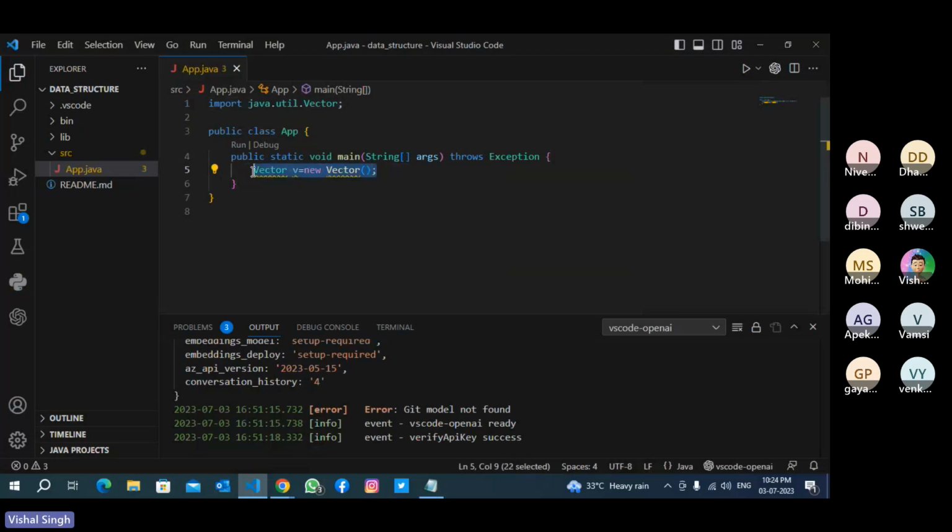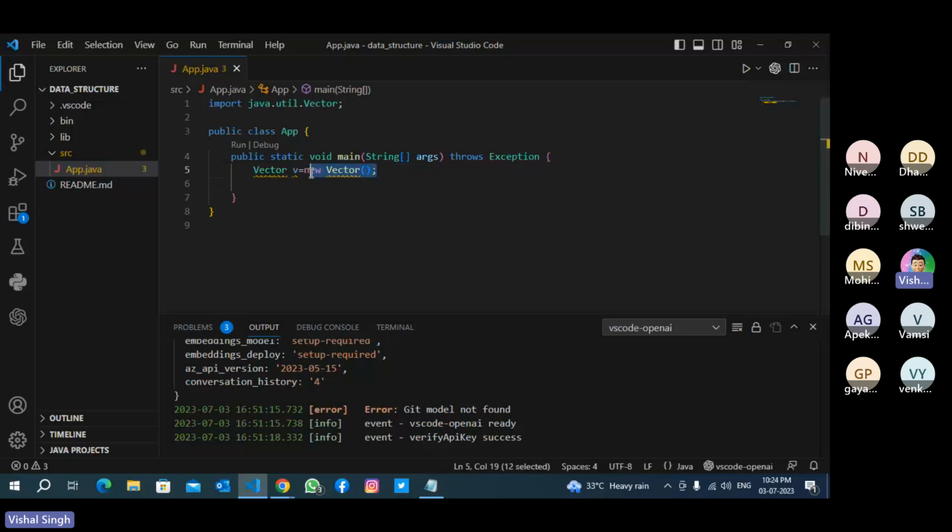This is a class which is mostly used. Vector. Okay. See, new Vector. This is the constructor. We have created an object of this Vector class. Now, this v we will be using for performing the operations.